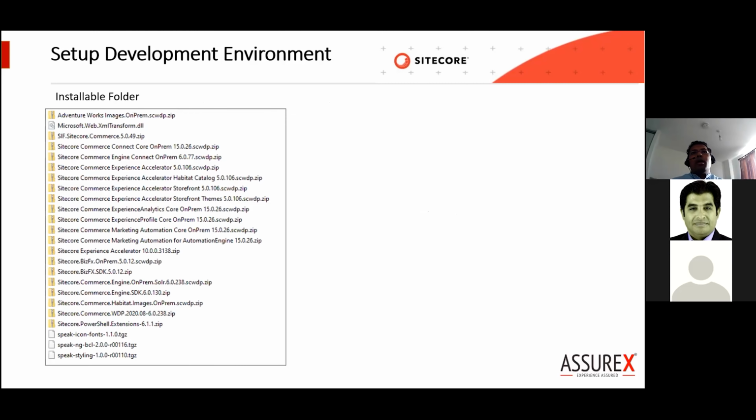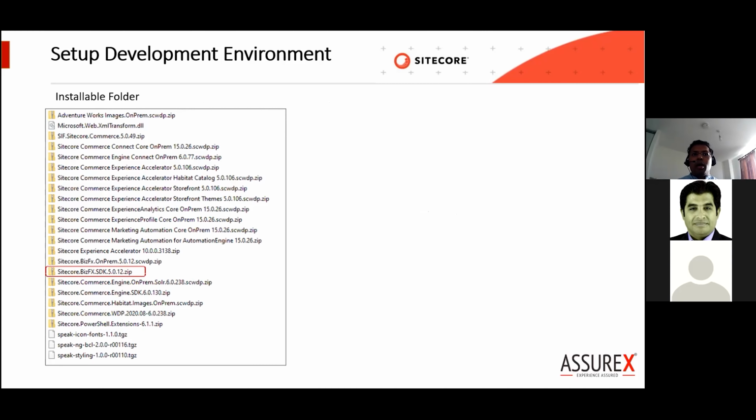So what do we need to have in the development folder? As I said earlier, it's good that Sitecore has provided us the SDK. So first thing, we have to get this SDK from your installable folder to your development environment.